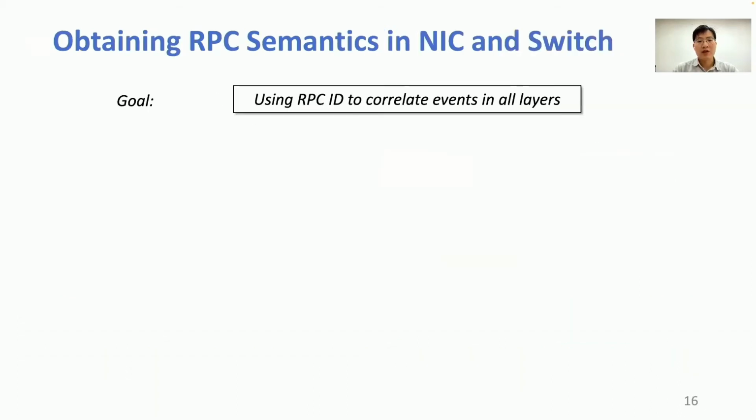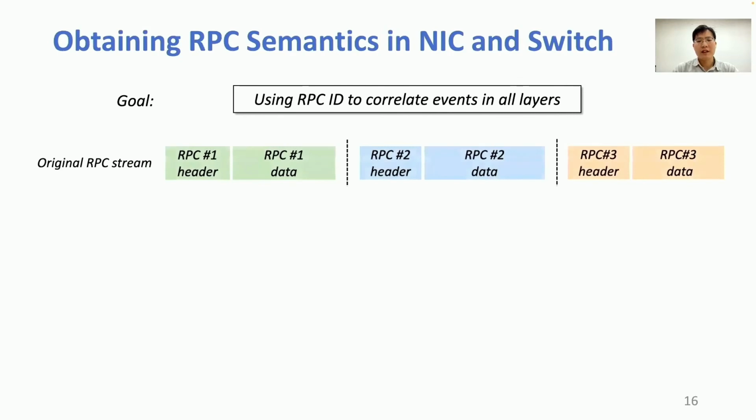Next, our goal is to use RPC ID to correlate events in all layers, including NIC and switch. Originally, the application layer delivers a stream of RPC messages to the network stack. At this time, when a buffer event happens, we can easily identify the affected RPC. However,